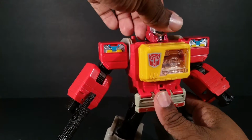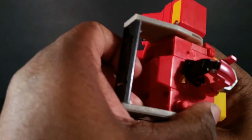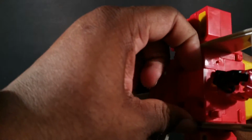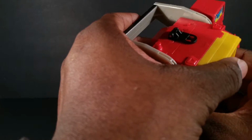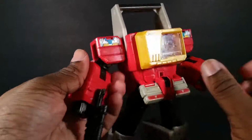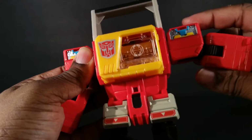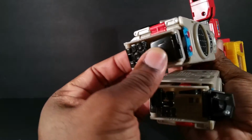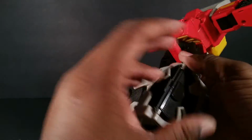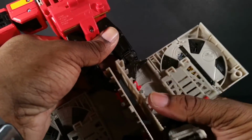But for transformation, lift this up, plop all this Titan Master, kind of grab, let's see if you can see it, right here, to pull that back, and rotate the helmet up into that crevice and shut it. Actually lift that back up, take the gun out of his hands, push the hands in like that, and go ahead and rotate these hands up like this. The legs, put the feet in like this, unhinge things right here, make sure that the legs are straight,